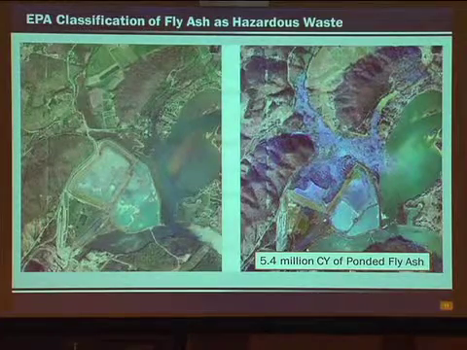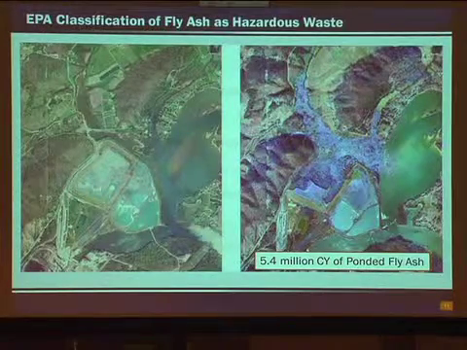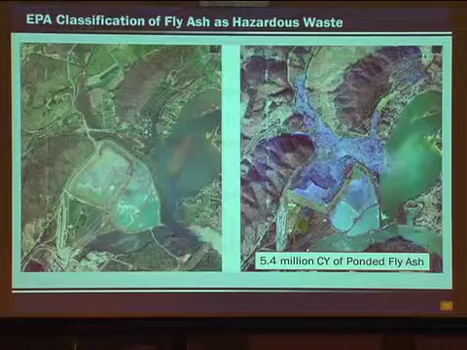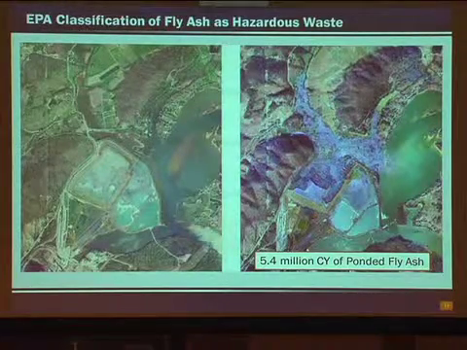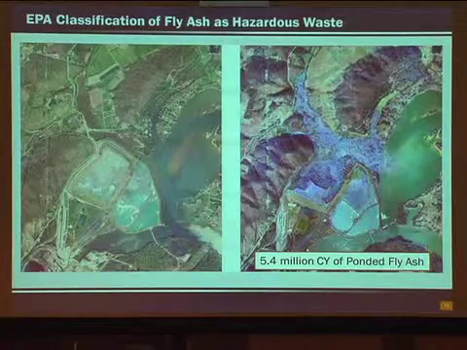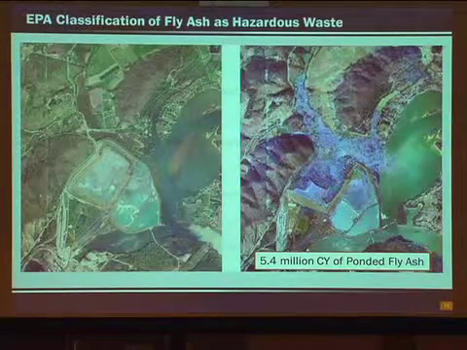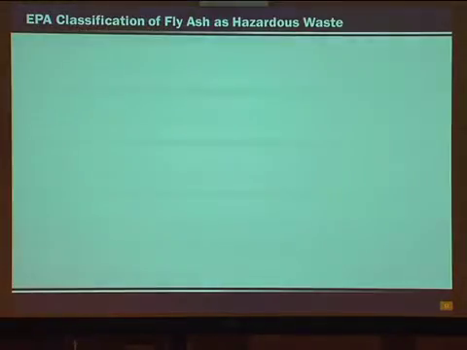This is it after the dike broke and it went into the Emery River and destroyed a bunch of property, killed a bunch of livestock, major environmental disaster. Fly ash is hazardous. EPA went up, they're throwing the book at power plants, and so it became a real issue, such that